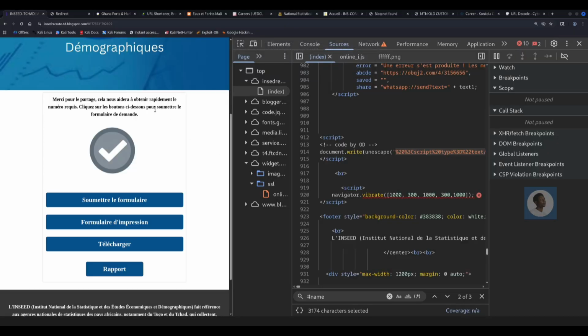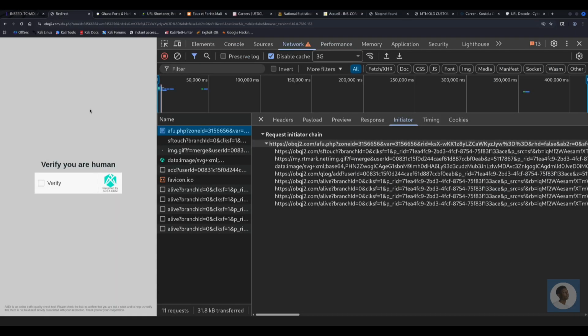Now, when the victim reaches this final page, every link on this page points to the same location. They all point to the same PDF infrastructure. So no matter what the victim clicks on, the victim is redirected to that specific domain. And then sometimes it redirects automatically through a number of traffic filters. But in other cases, it redirects you to a verification page, right? So this is what we see over here.